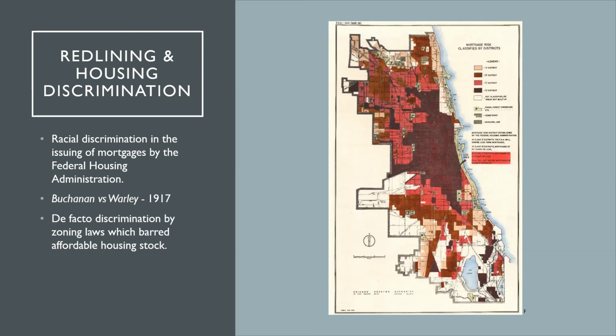However, all but one of their maps was destroyed when the FHA was being sued for discrimination in 1969, following the passage of the Fair Housing Act in 1968. And this is that map. It is of Chicago. These lending practices existed alongside other mechanisms which prevented racial minorities from buying into the housing market. Specifically, once racial zoning ordinances were struck down by the Supreme Court as part of Buchanan versus Warley in 1917,